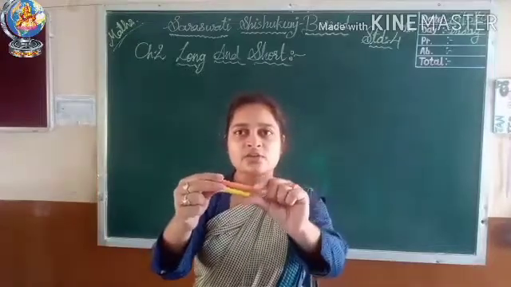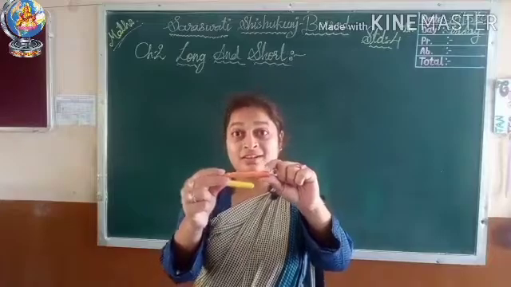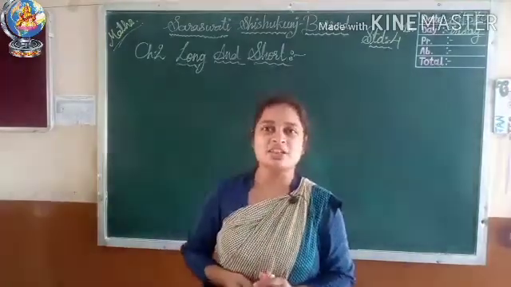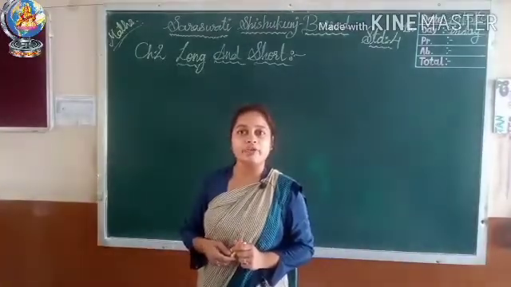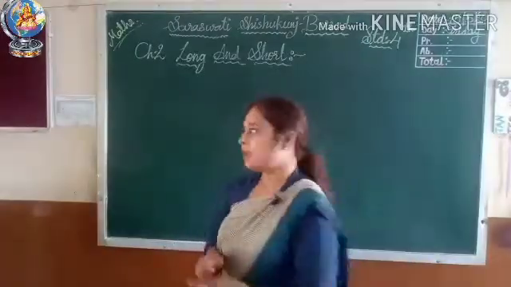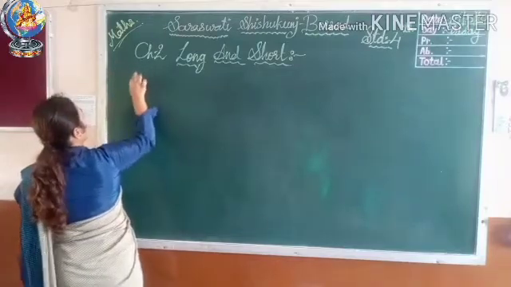You can find it very easily that the orange chalk is longer than the yellow chalk. It means we are going to learn about the metric measures which we had already learned in our third standard. So here we will now talk about